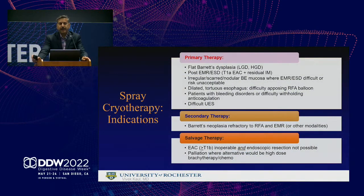The indications for spray cryotherapy are listed here. Now, apart from the standard primary indications of treating flat dysplastic Barrett's and post-EMR ESD cancer for residual dysplasia, there are some other indications that emerge in clinical practice, such as treating the dilated esophagus where balloon RFA is difficult, treating patients with difficult upper esophageal anatomy, patients who have a very thickened nodular Barrett's, which may or may not